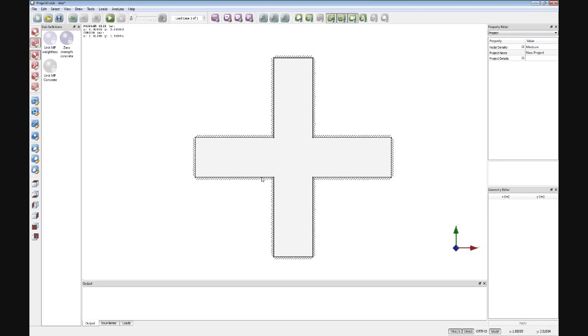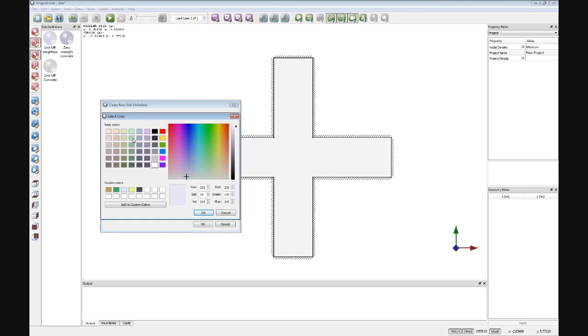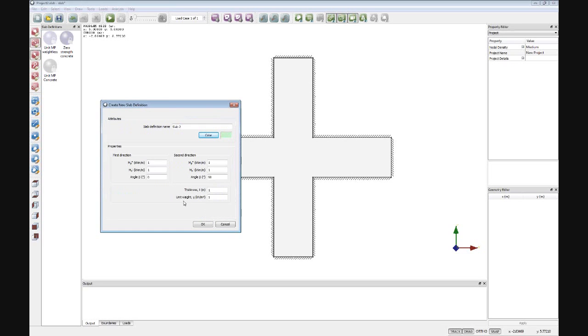So we've got the geometry, we've got the supports. The next thing that we need is a material, or a slab definition as we call it. What we need to do, if I right click in the slab definition explorer, we can create a new one, and I'm going to call it slab 2, give it a colour, we'll make it just a light green colour just to be different, and